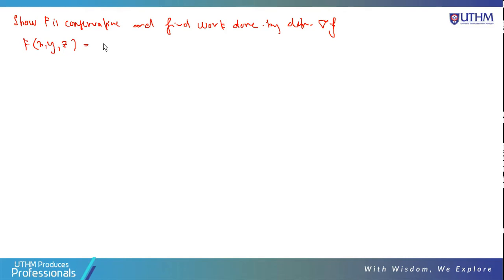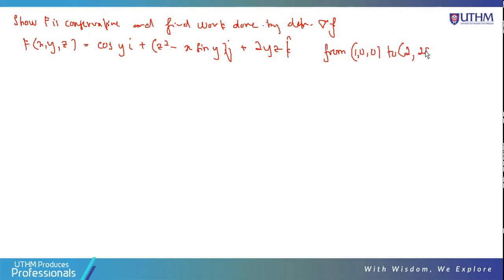equal to cos y i plus z squared minus x sin y j, plus 2yz k, from the point (1, 0, 0) to (2, pi, 1). Okay,